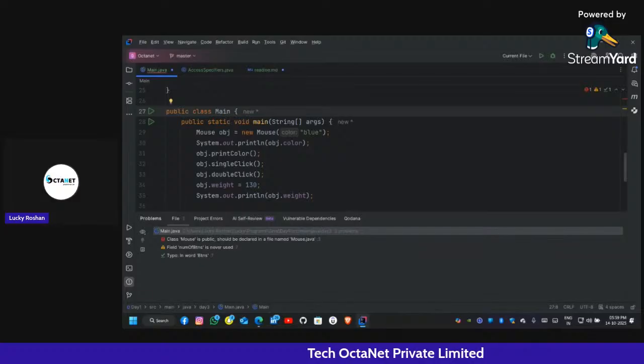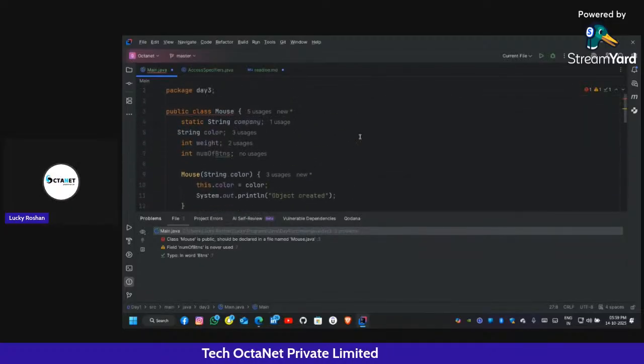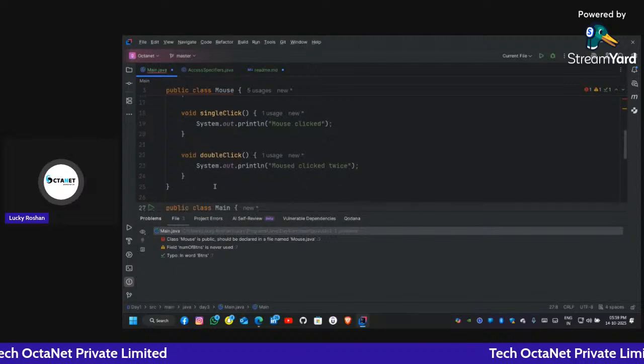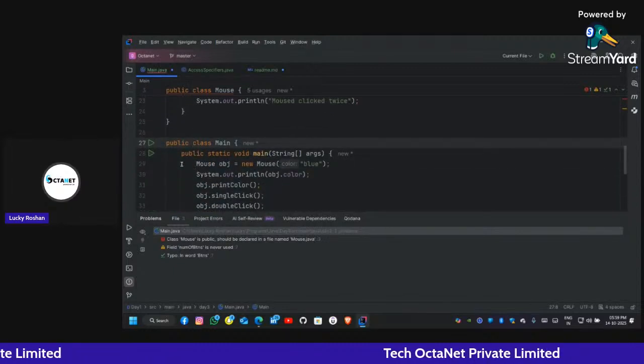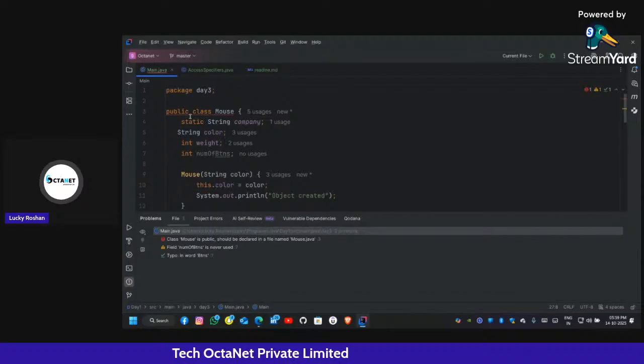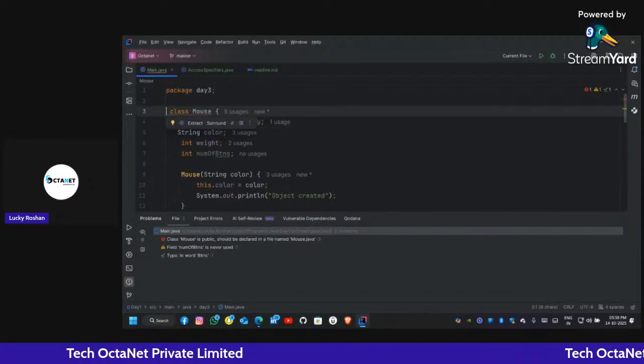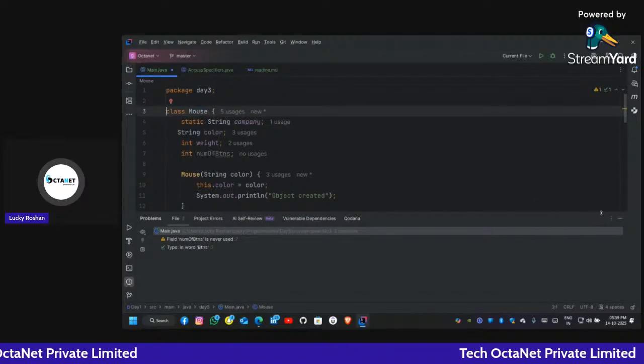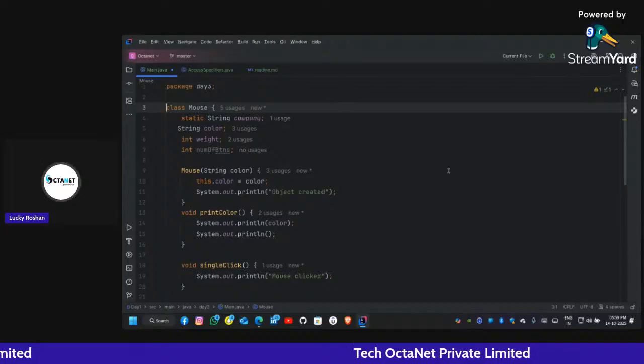Okay, guys, now there is one more difference. There cannot be more than one public class inside a single file. So here is the public class, the file name is the same as main, so we don't have to write public here. Got it, everyone? Now all the errors have gone. We can see here public.